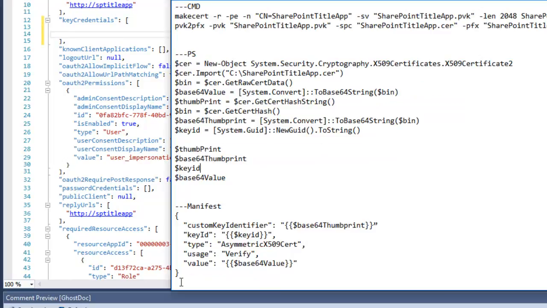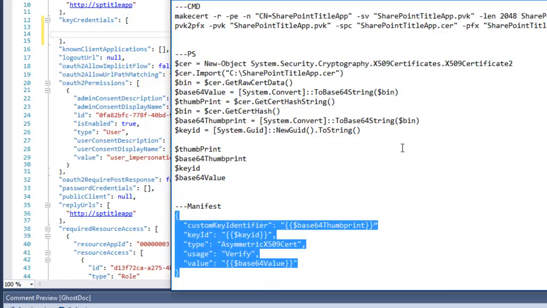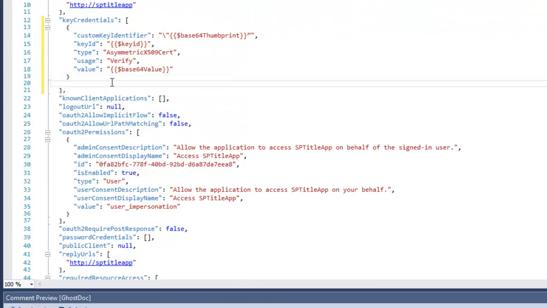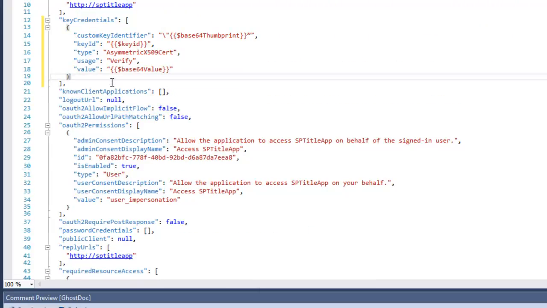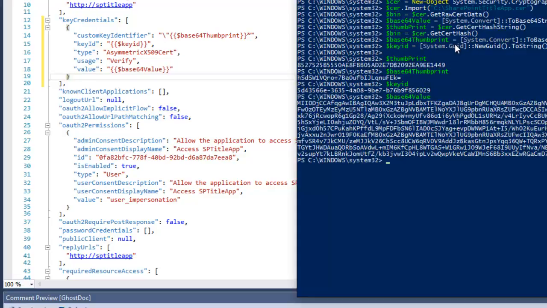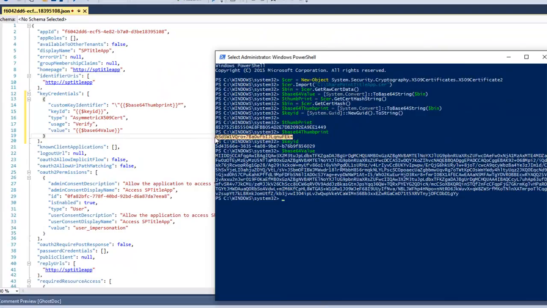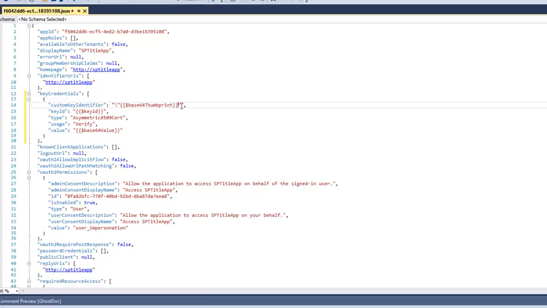So I will add some code over there. Here we have it, the manifest part. Copy this one out, put it over here. So what do we need right now? The thumbprint, key ID, and base64 value. We have this PowerShell window over here. So we first of all need the base64 thumbprint. That's this one. So copy this one out and paste it